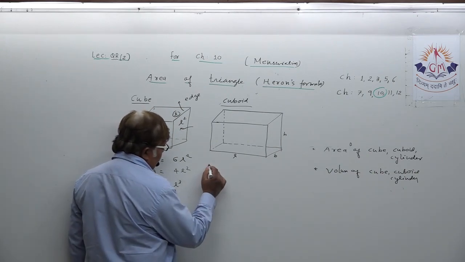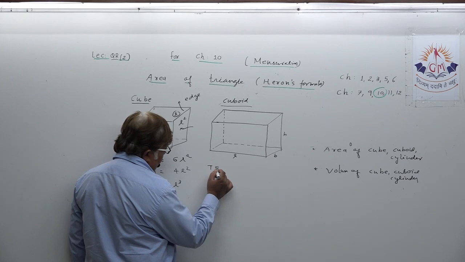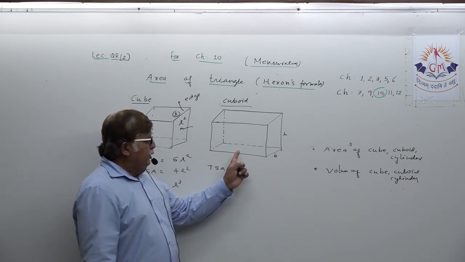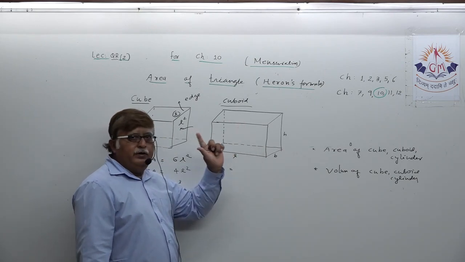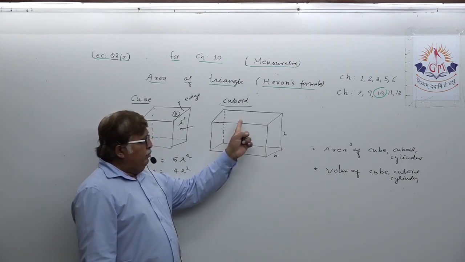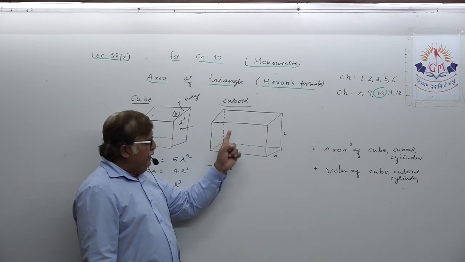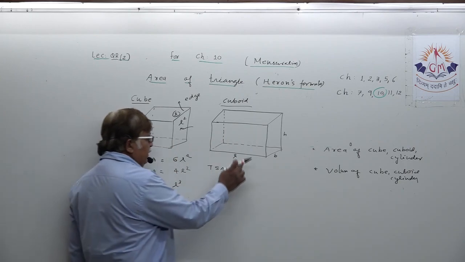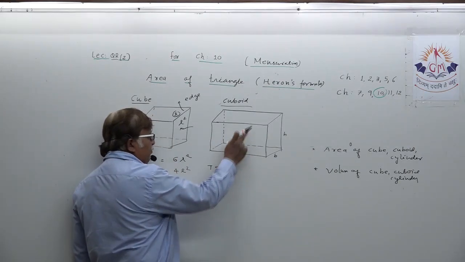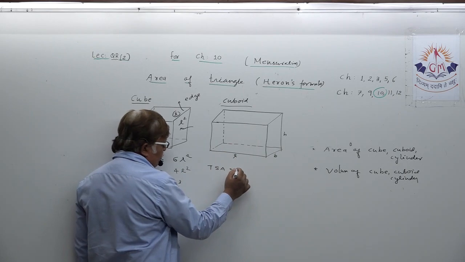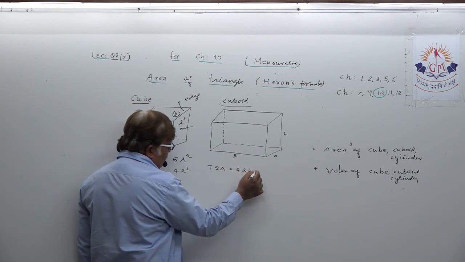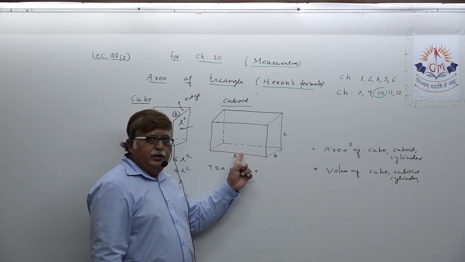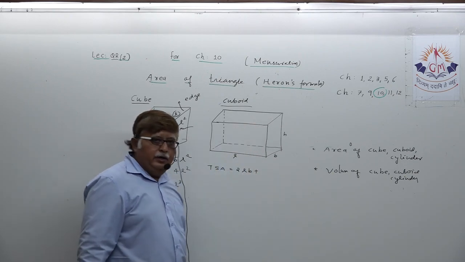Now dear student, if you want to find how to design the formula of total surface area, so let us see. Opposite faces are equal: bottom and top, two sides, front and back. We will take this way. So if I take area of bottom, that will be the area of top. So twice L into B. You understood this? First, that's the area of bottom, then area of top.